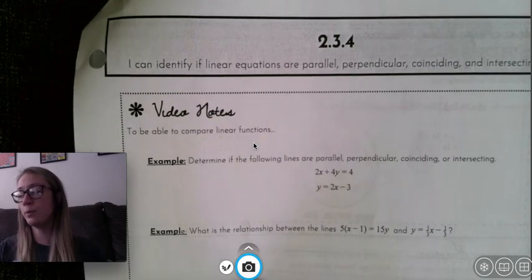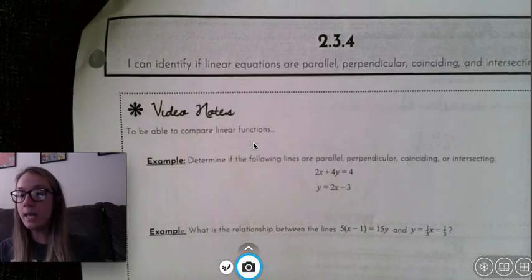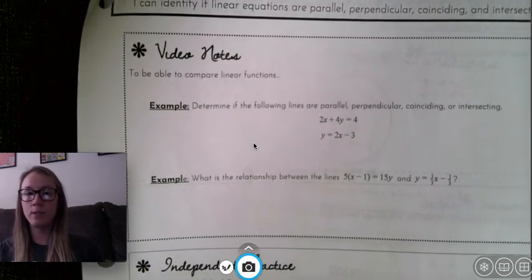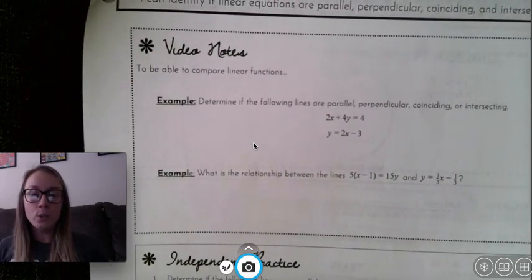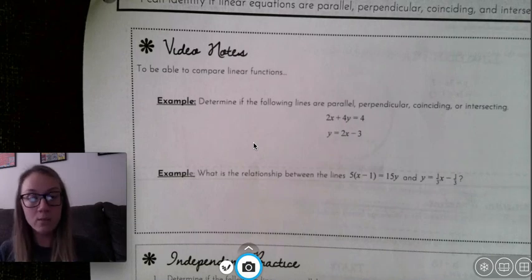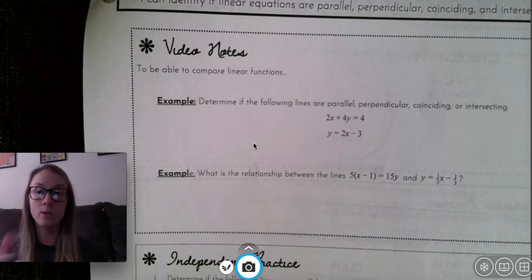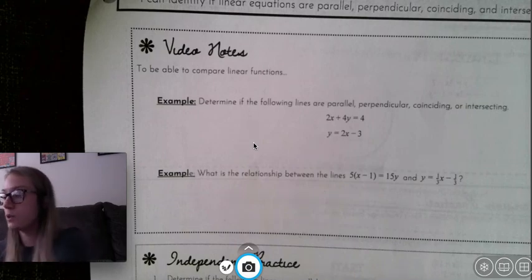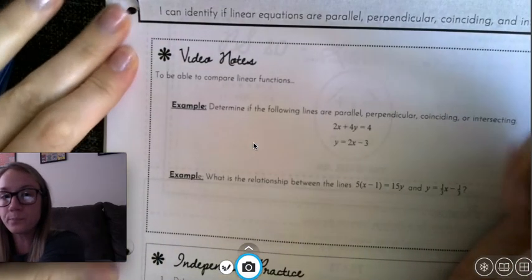So we are going to go through the video notes section, and there are two examples that we're going to walk through together. So to be able to compare linear functions, we have to be able to compare their slope and their y-intercept, their b values, because that is what was so important in the notes from 2.2.4. So to be able to compare linear functions,